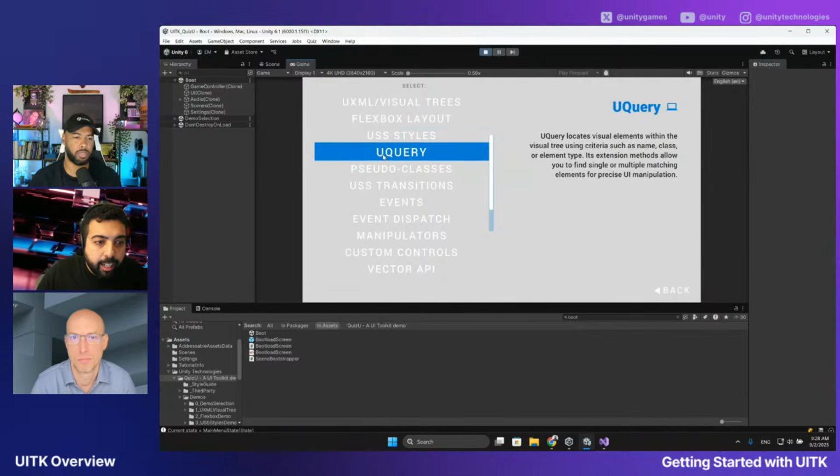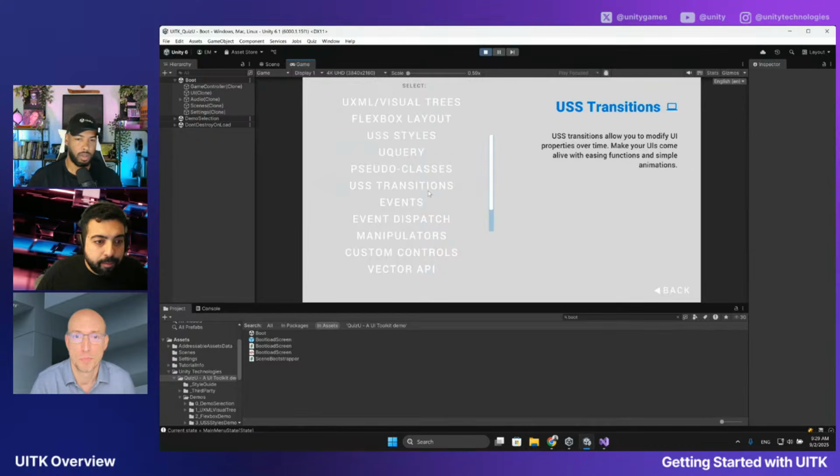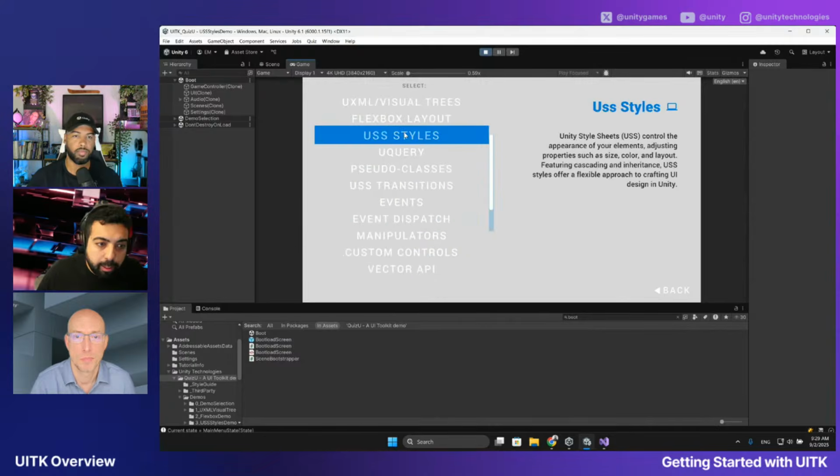I love that. Someone in the chat, FW Corey, said that Flexboxes are a great tool for migrating editor tools from ImGUI to UI Toolkit. Very true. So we're not going to necessarily go through all that, but at the very least, we have to go through